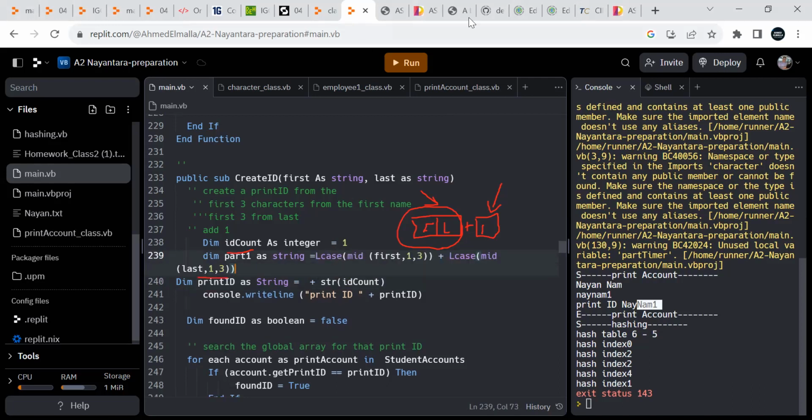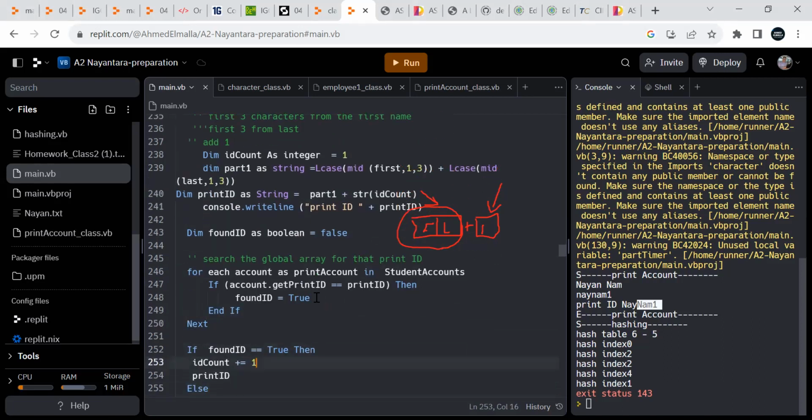So now part 1 plus the ID counter. So if I increment the count here, then I'm able to say part 1 is already fixed, right? Then plus